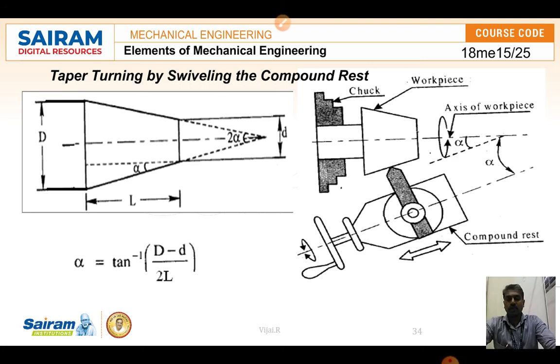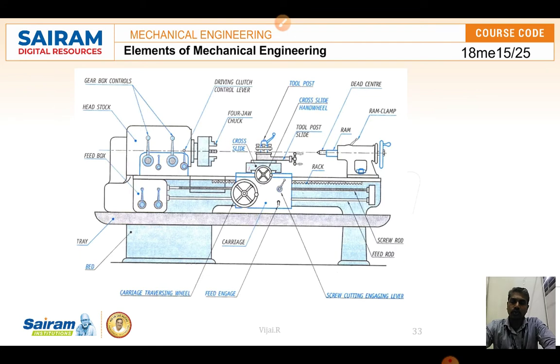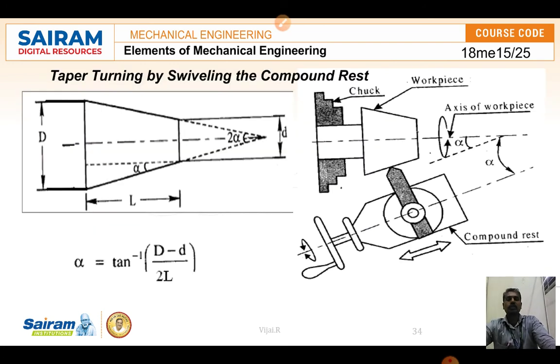So the formula which is useful for finding the alpha, you can see the alpha here for the entire length of L. So we are going to use the length L, and that formula is going to be used with L. So (capital D minus small d) by 2L gives the tan of alpha. So the alpha we want to measure is equal to tan inverse of (D minus d) by 2L.